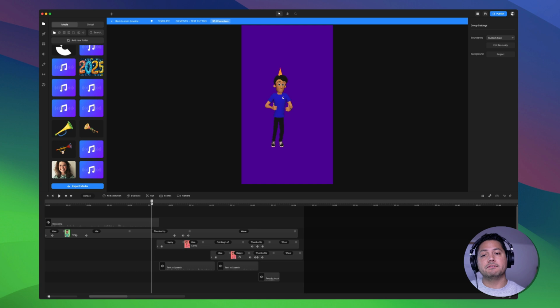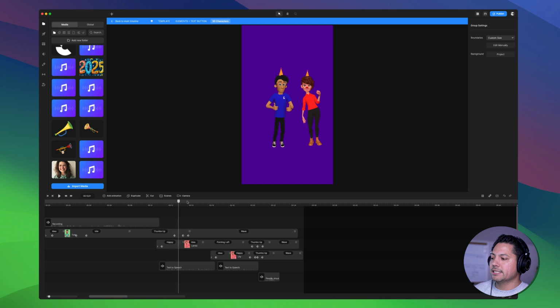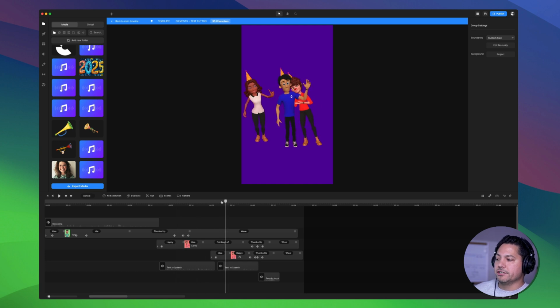All right, so we've successfully recorded and imported in some audio to customize this template and really make it your own, right? So now let's talk about maybe you want to adjust some of the characters that we've got here too, right? Maybe you have some that you've created or you want to create a new one and add or